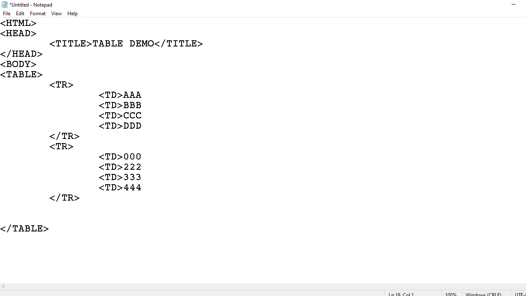Similarly, shall I create the third one? Okay, so I am writing the third one here. Table row I have written. Then I am going back here, ending of table row.